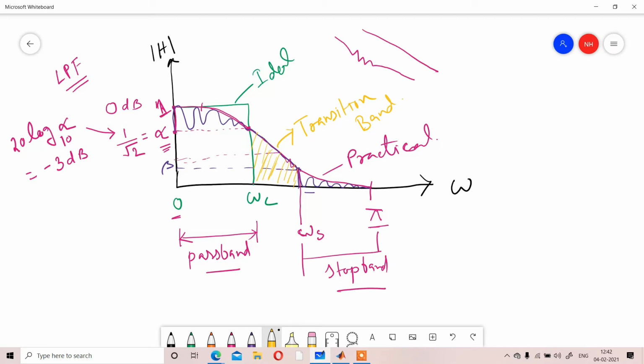Okay. Generally, whenever we are defining the stop band range, the remaining transition band comes within the pass band range. Keep in mind, practically, whenever you are designing the filter, you are defining the stop band range. So that is your stop band range, and the remaining part is defined as the pass band range. So your pass band range becomes that.